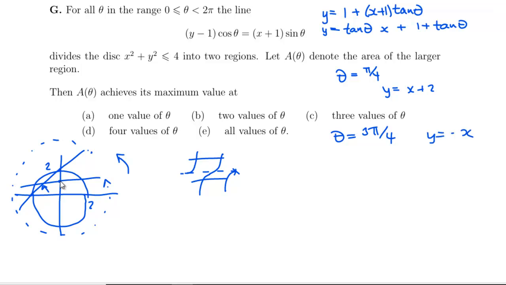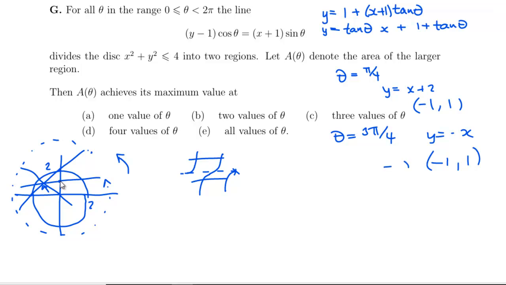So that would be going through here doing that. I wonder if they all go through the same point. So you'd have to have that y is 1. So it will be going through minus 1, 1 in that case. If it was here, it's going through minus 1, 1. And we know that goes through minus 1, 1. So it's not conclusive, but it's pointing towards this line rotating around this